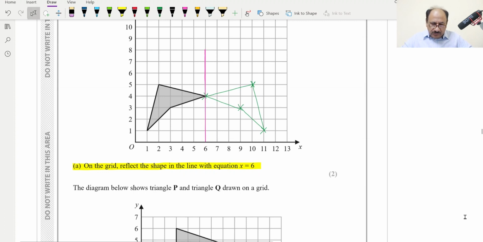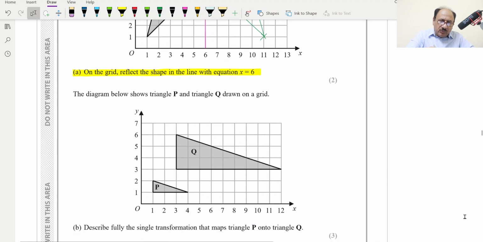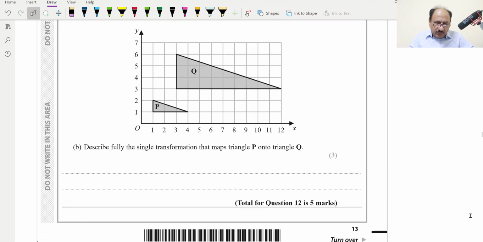Okay, now the diagram below shows triangle P and Q, this one, P and Q, drawn on the grid. So B part: describe fully the single transformation that maps triangle P onto Q. So for that one we will be drawing the lines. Basically we'll join the vertex. So this one we can join the vertex like this, and the second vertex also we can join